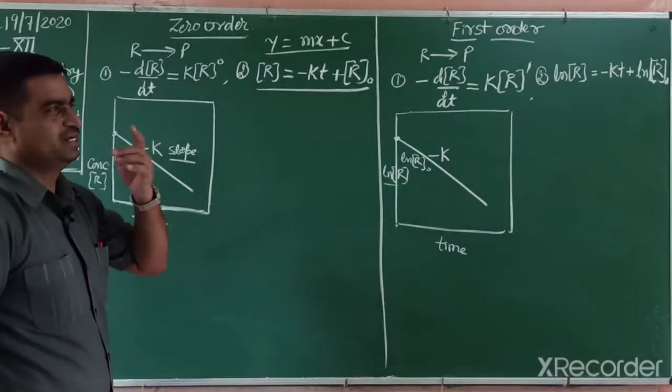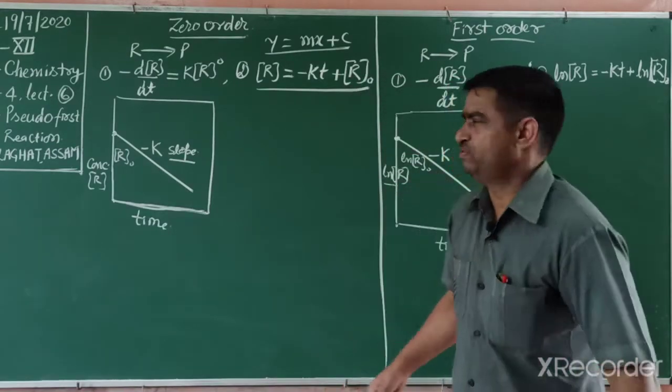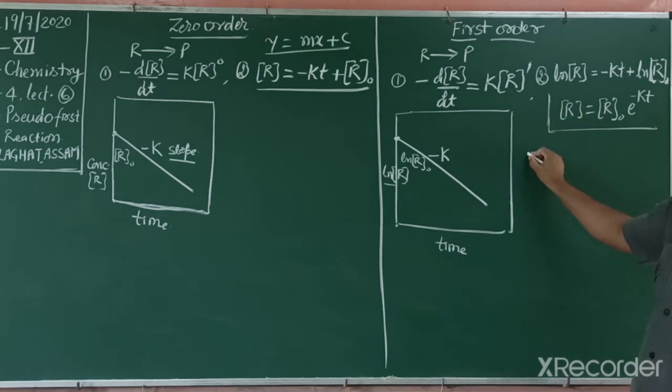Further, how can we explain this rate? If you write it in natural log form, this one is the log form. If we take the anti-log, this first order we can write as R is equal to R naught e power minus kt. This is also a first order form, in anti-log form. The other one, how can we write? If we take log base 10, then this reaction also shifts according to another form. We already discussed this in detail.